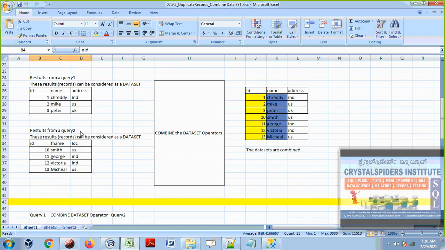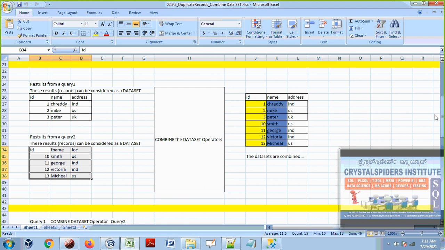Let's see this, guys. This is one dataset. This is the result of one SQL query, and this is the result of another SQL query. This is dataset 1, and this is dataset 2. Or instead of calling this a dataset, we can also say that these are result sets. Yes, result set or dataset, both refer to the same. So now, before we start combining these datasets, first let's understand